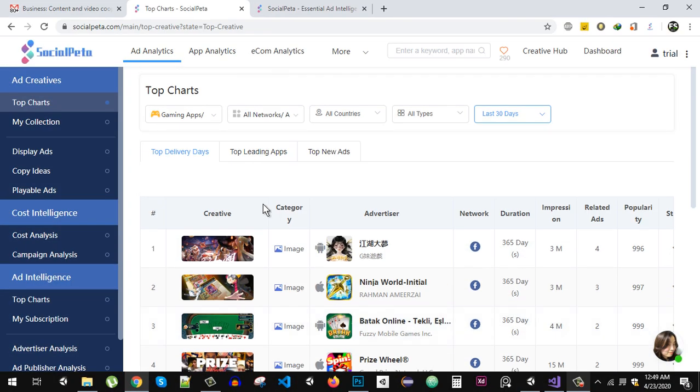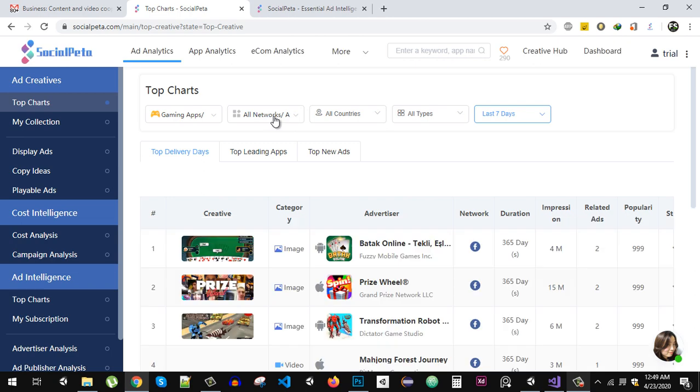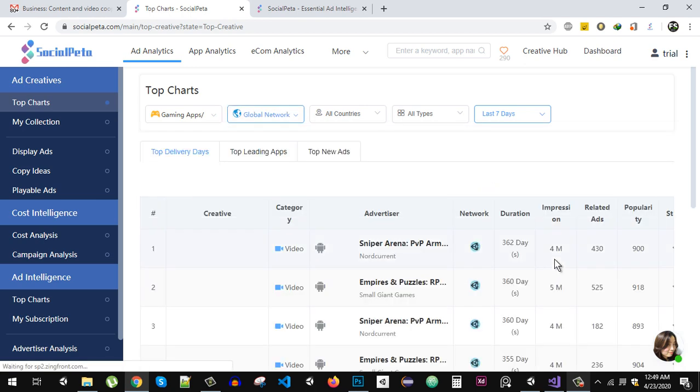Okay, and here in the top charts you can see the creatives, the advertisers, the network, the duration, and how many impressions this got. Okay, and you can see the popularity. You can also sort the data by different time periods, and you can also change the networks here. As you can see, we have all the networks. So let's say Unity Ads. This way you can launch more proper ads to get a better